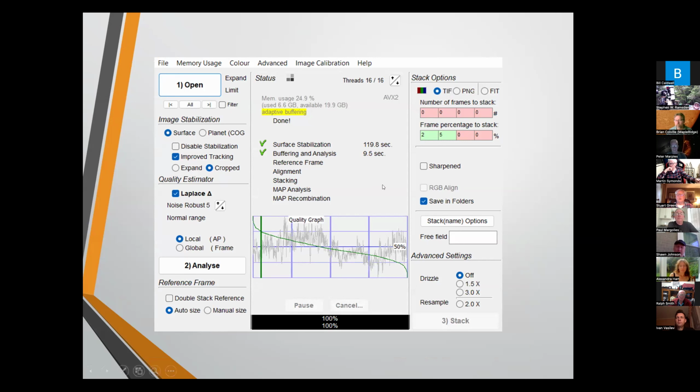Right. Okay. So the stacking software is always going to try and stack the best frames. It starts with the very best, and the next, the next, the next. So let's imagine you stack 100%. Well, every single frame is going to be stacked. So you're going to have your good ones and your less good ones, bad ones, whatever, all stacked into this